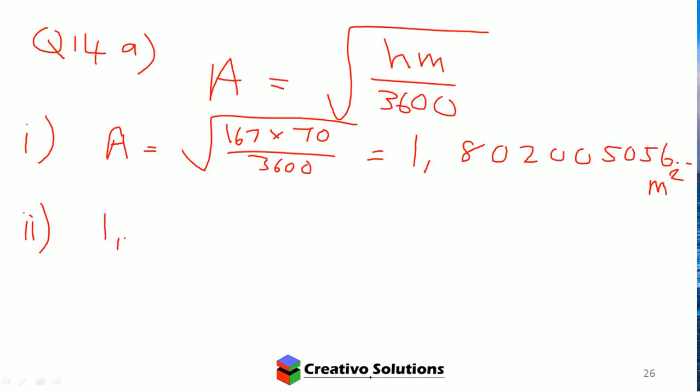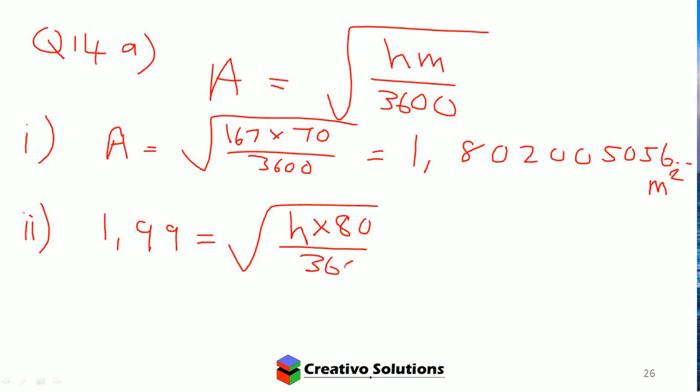So now I've got 1.99 equal to the formula without the height, because I'm looking for the height. So the square root of height times his mass, which is 80, over 3600. So I'm solving for H. Notice, when I have a square root sign and I have a left hand and right hand side, in order to get rid of the square root, I'm going to square the left and then square the right. So 1.99 squared is